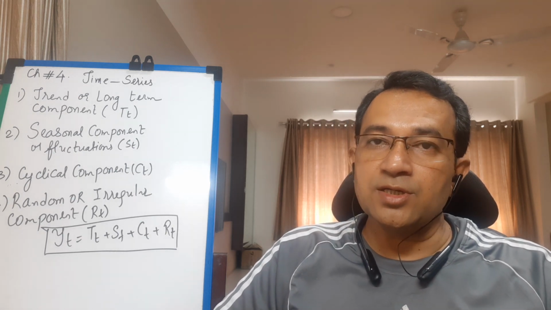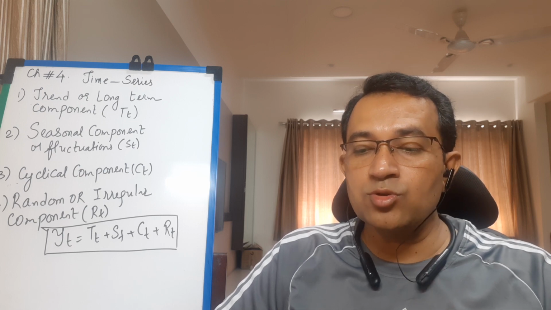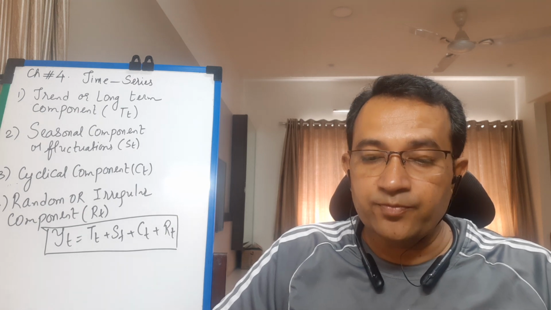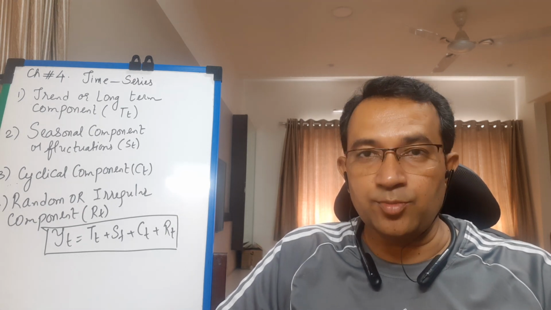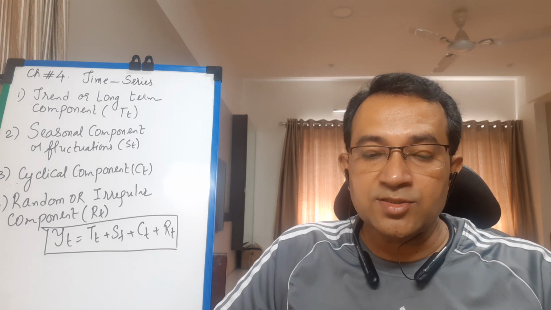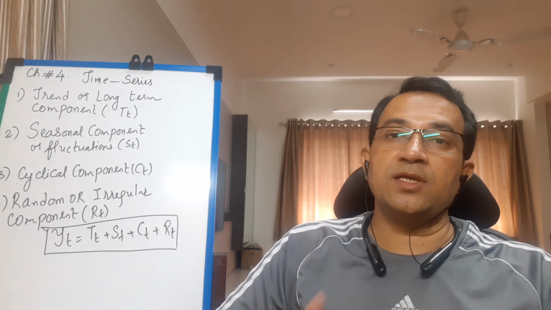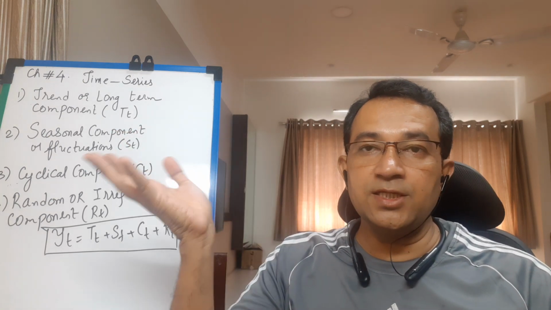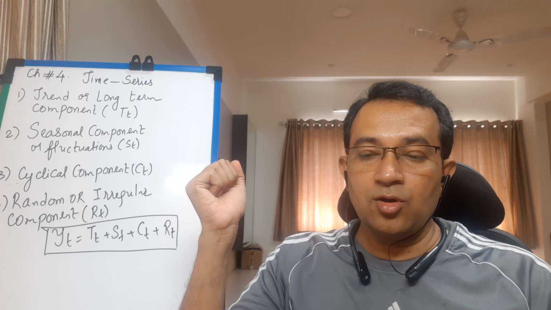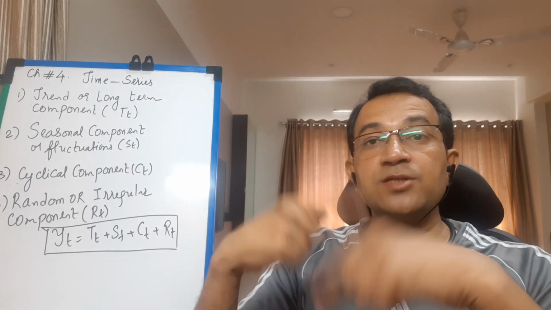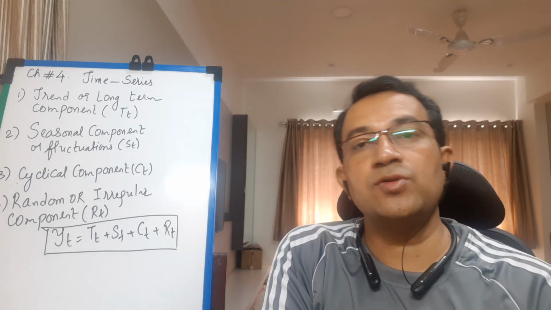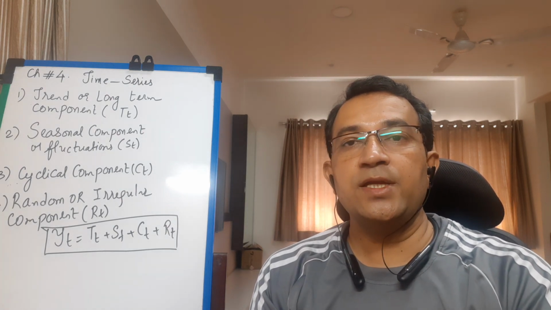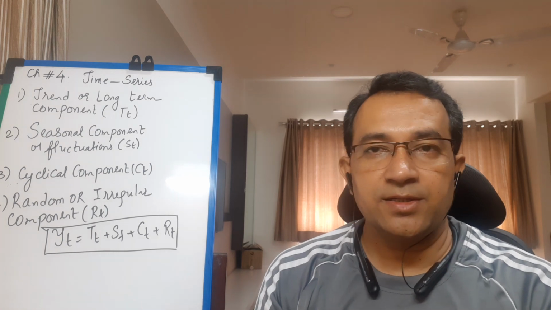So the variations occurring in time series which are almost regular over a very short period of time is the effect of seasonal component. The period of oscillation of such variation is usually less than a year. Of course, students, in India we have basically 3 seasons. So the period of oscillation, meaning repetition of such variation, is usually less than a year. Correct. Summer, every 10-11 months summer is repeated.